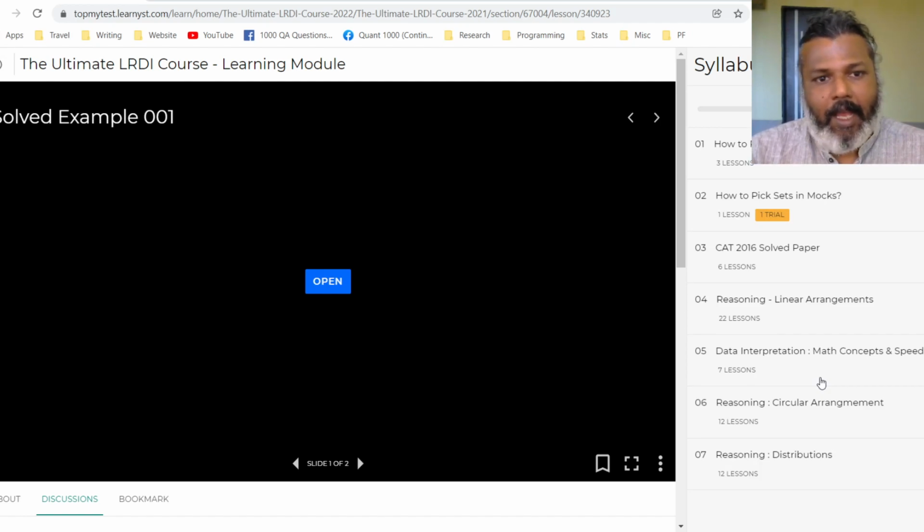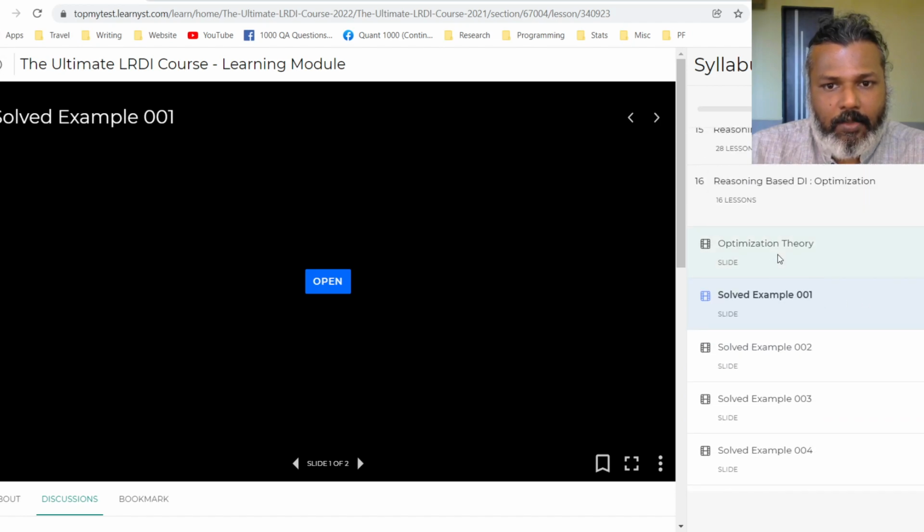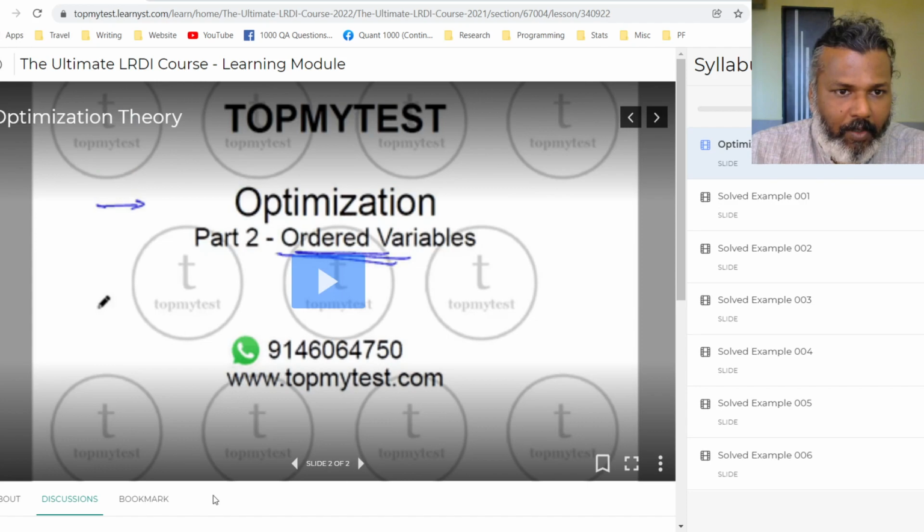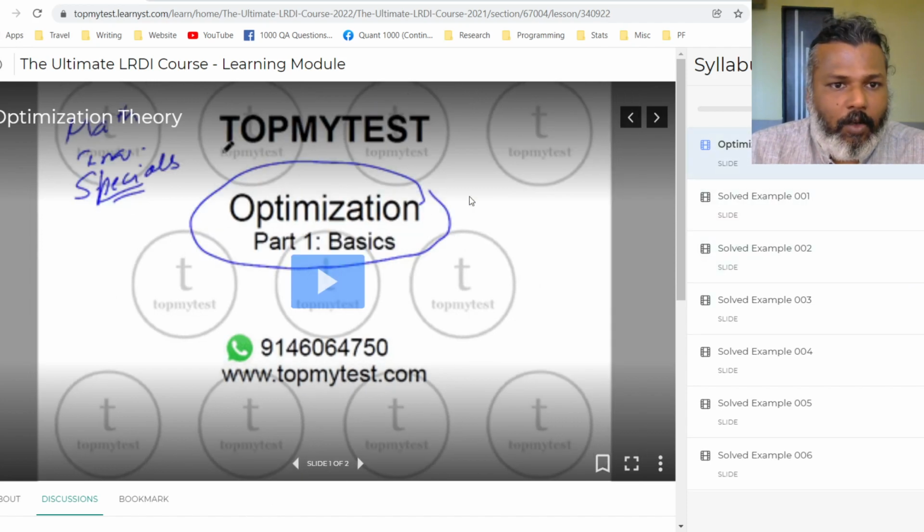Each section will have an introduction or a concept video, which will tell you the basic fundamentals of that particular section. You have a couple of videos here in this optimization part. Then you can go to solved examples.